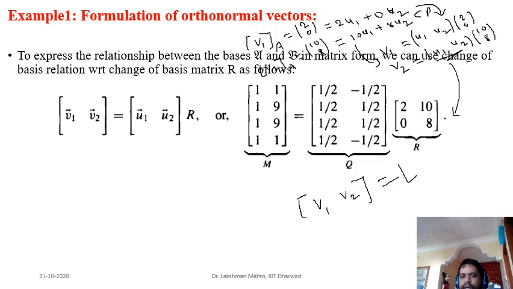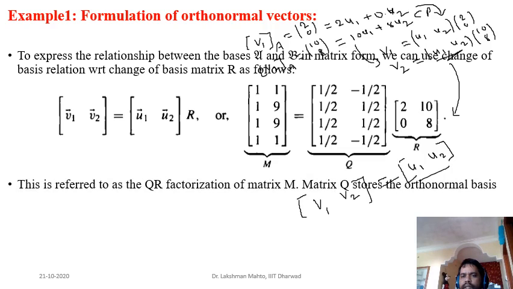Simply right now call it U1, U2. This matrix is U1, having first column U1 and second column U2. Now tell me what is the coefficient of U1 with respect to this matrix? Coefficient is 2, 0. So here, if you multiply 2, 0 with this matrix, you will get V1.